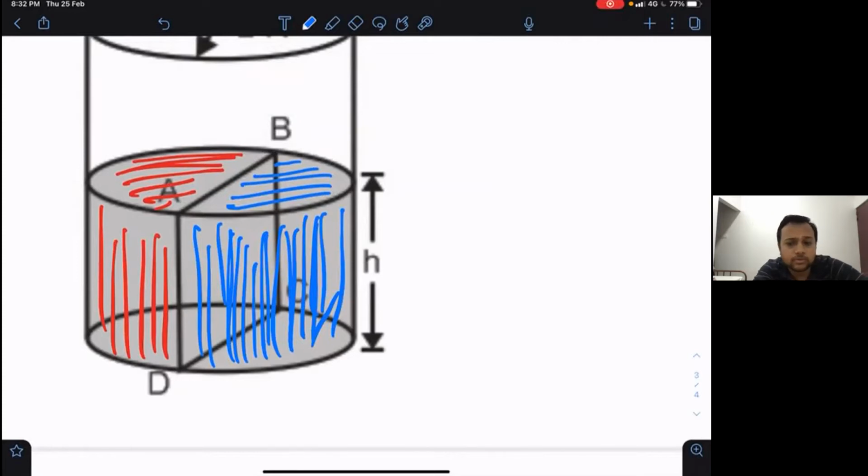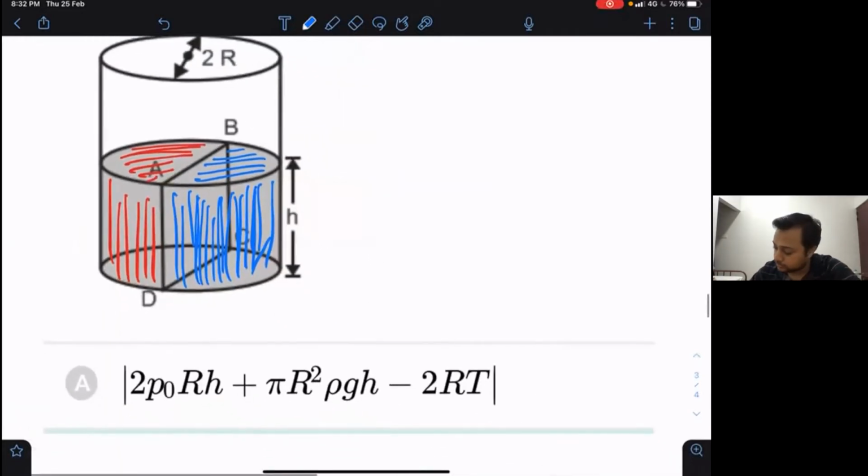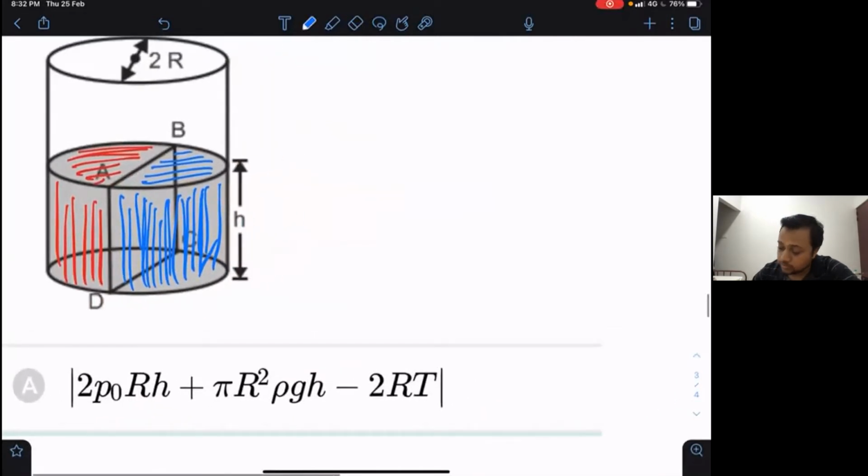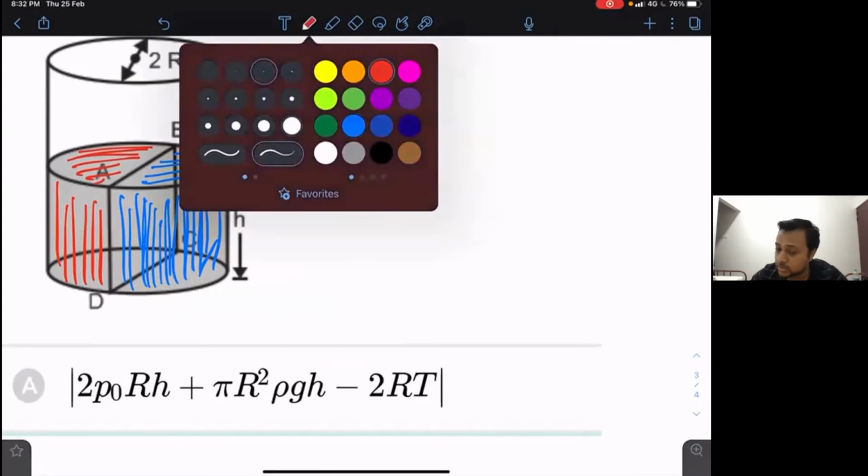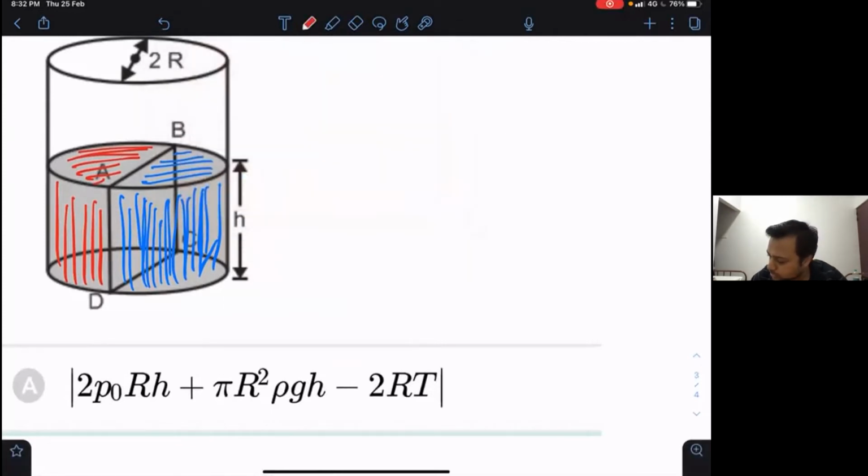It is a medium level question that involves the concept of the pressure at the center of mass. It involves the concept of surface tension also. Now, one water will be applying force on the other water in two ways, or in fact there are two types of forces that these two waters are applying on each other. So what I will do is draw the diagram of the left half, which is the red water.